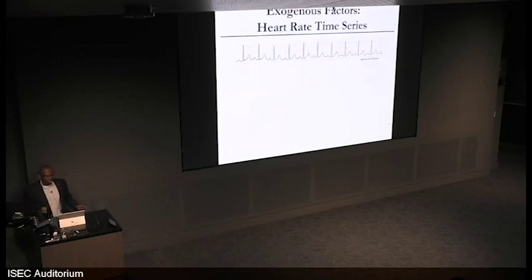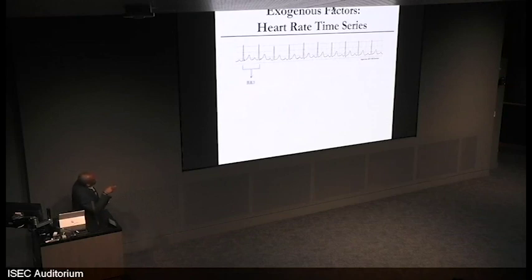So just speaking about one of those things, looking at the exogenous factors itself, people have said that these things have prognostic value in and of themselves. And how is that done? There's something probably many people here are familiar with called heart rate variability. You measure an electrocardiogram over some period of time, and you make it a time series from those data. And from that, you can do some processing to get some indicators that tell you whether the patient is well or not. And how does heart rate variability work?